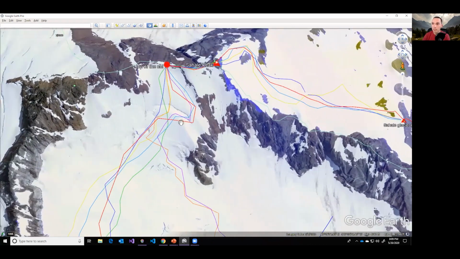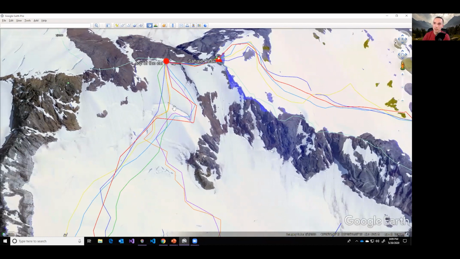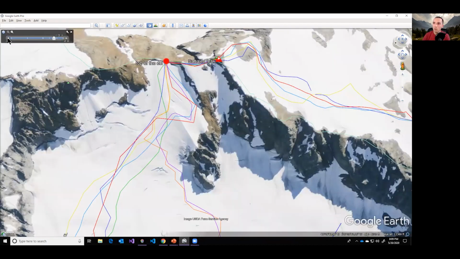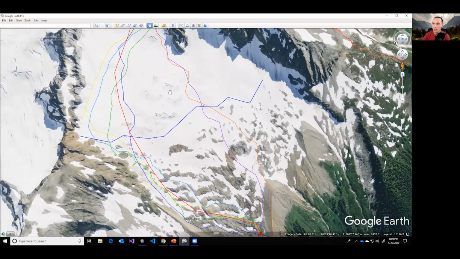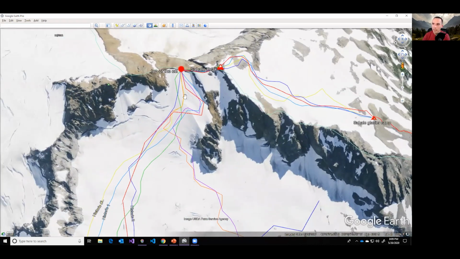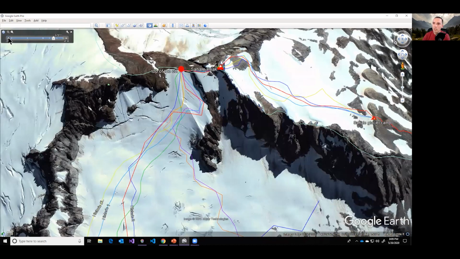But you can also see that, yeah, that crevasse is still there. And you can go back even more. And you can see this is September of 2011. Still a lot of snow. Hints of those crevasses, but they're largely covered up. And you can do this to kind of get a sense for